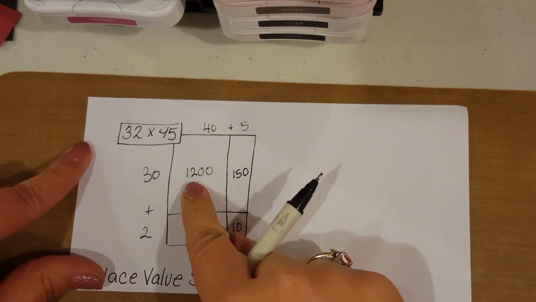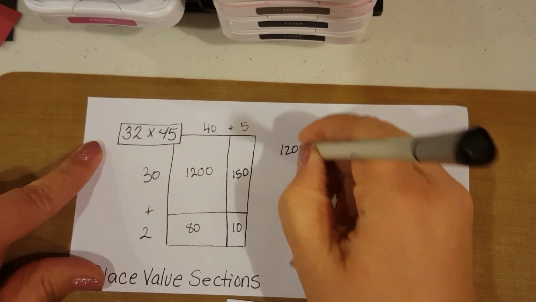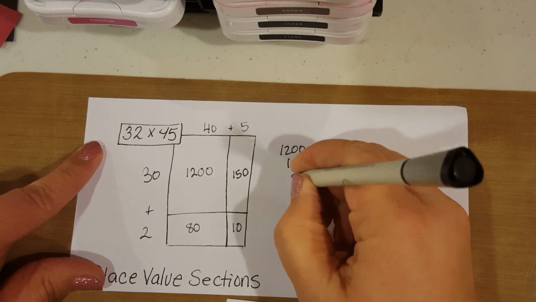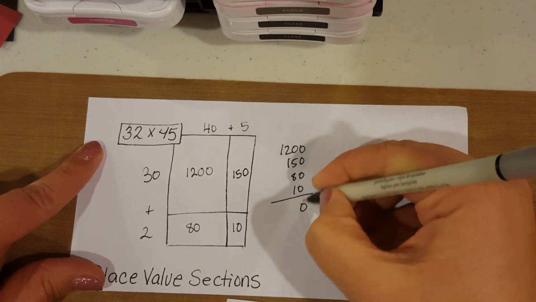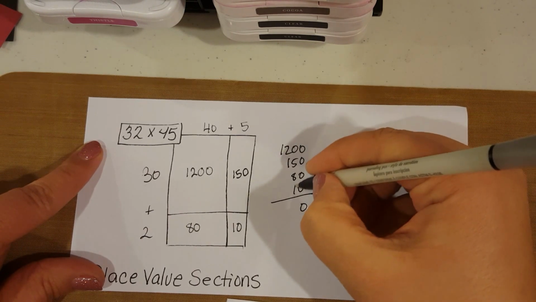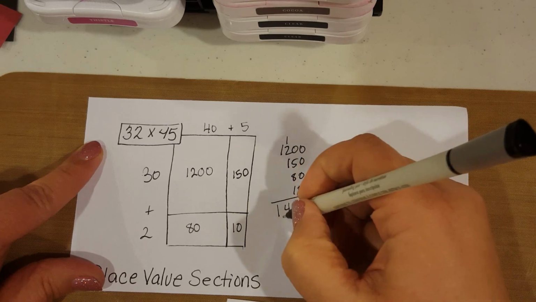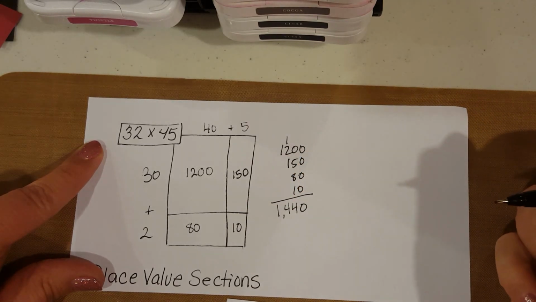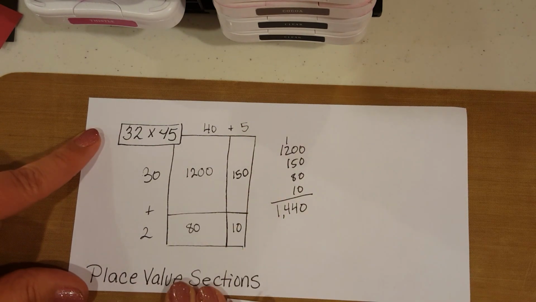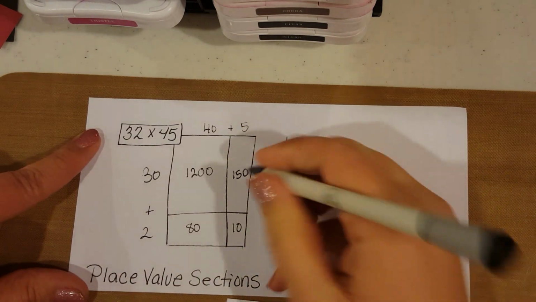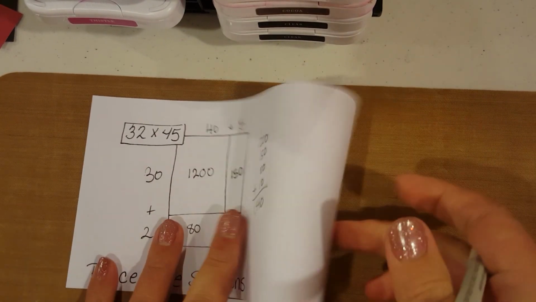Then we have all of these partial products, which we must add together over here on the side. And when we add these together, we will come up with the answer of 1,440. So that's how you do it with place value sections, partial products. And of course, I'll make my addition sign so you can see we're adding. There's another way,